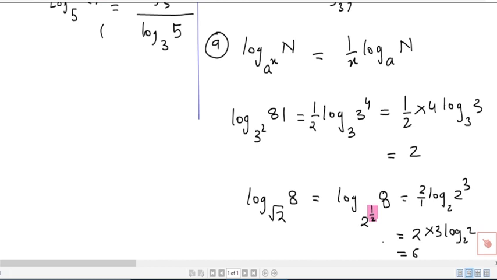Simple. Now these are the properties. I have tried to cover all of the properties of log, and these properties will be used further in calculating several questions. Log is used in almost every concept of mathematics. So now you are equipped with logs, and for proofs of all these properties, try it yourself, and I will be posting a new video for that. Till then, have a good day, everyone.